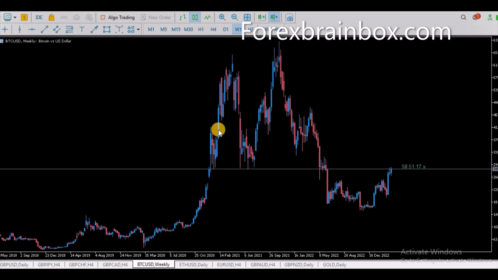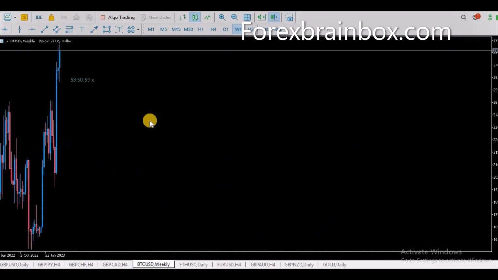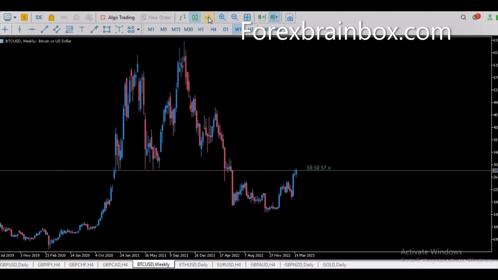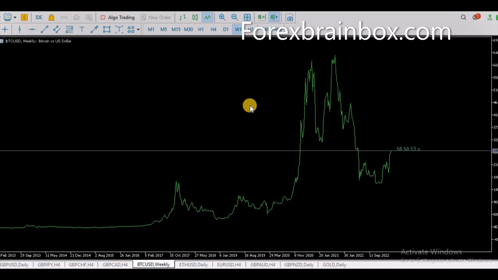So let's go. Let us start with trading any financial instrument. You must first look at it in higher time frames. Don't be quick to go into the 5 minutes and 15 minutes. You cannot sustain such growth. So let's look at the daily time frame. Before we look at the daily time frame, let me show you something on weekly charts. When you change this to your line chart and you zoom out your charts, you're going to find